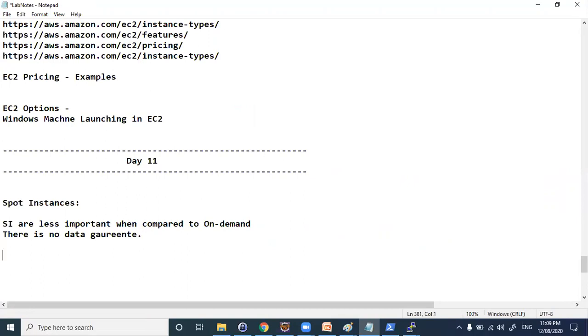So there are three types of reservations in spot instance. So one is, suppose you need an instance for a fixed time. Let's say they allow for 6 hours. AWS provides 6 hours of max spot instance.